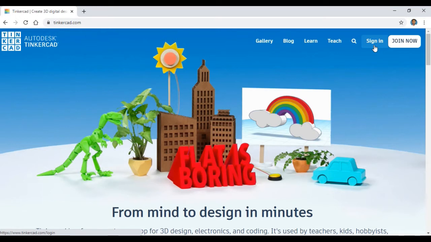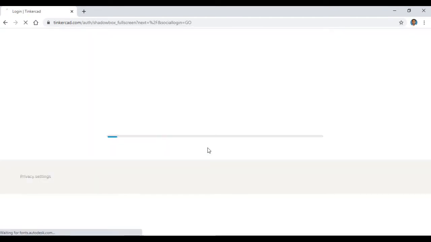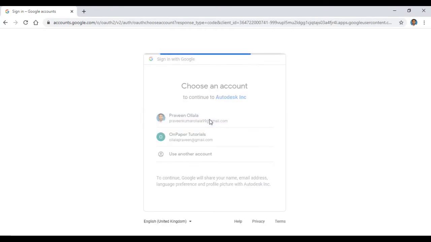If you don't have an account in Tinkercad, you can just click on sign in and give the credentials and sign in. I already have an account, so directly I am joining with my mail ID by using my Google credentials. Yeah, it's loading.